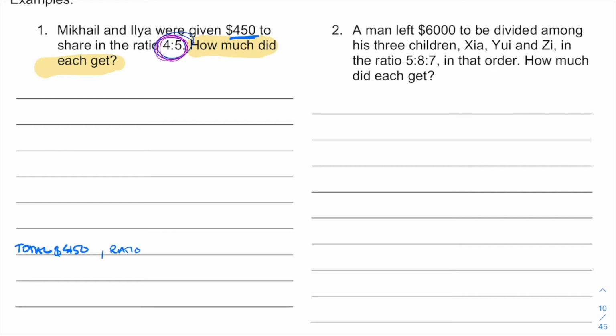The ratio is 4 to 5. Okay, so a couple of things we need to do first. We need to know that 4 plus 5 is 9. So total parts